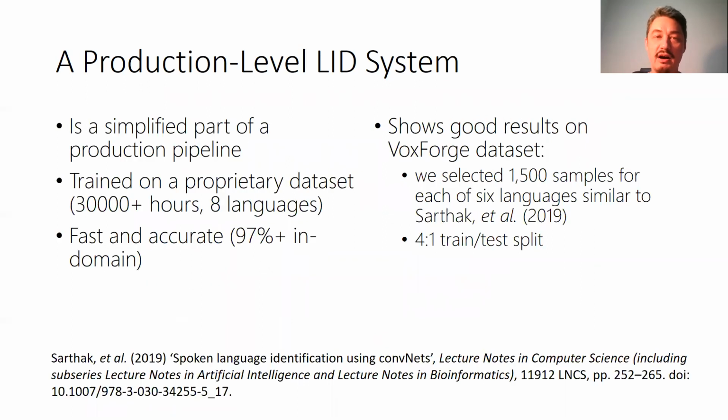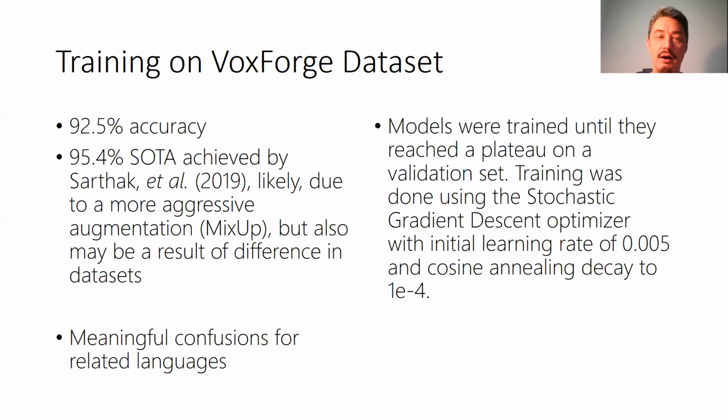In a production environment, the language identification system is trained on a proprietary dataset, which consists of over 30,000 hours for 8 languages, and is very fast and accurate, 97% plus in domain. To show the efficiency of the architecture, we have trained the system on the VoxForge dataset. We selected